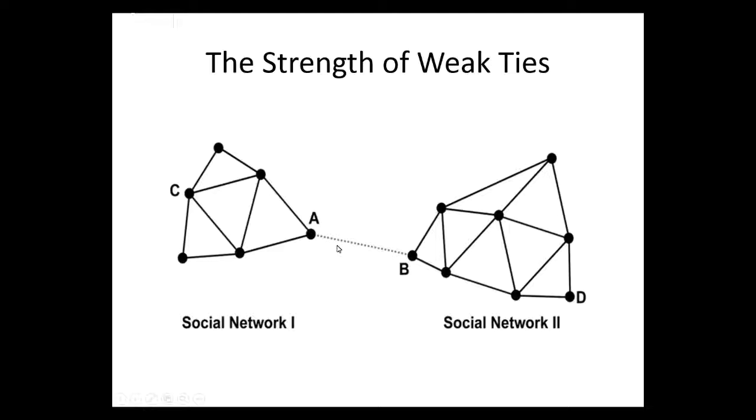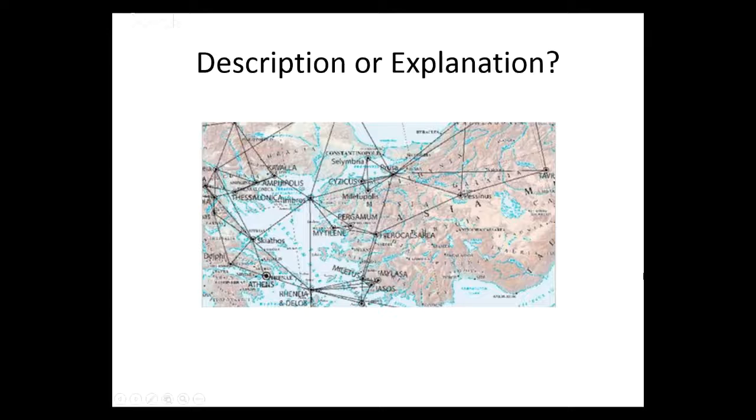Imagine this is a community of people who all know each other. Something they know here might circulate for a long time before it gets to here. But if one member of this community knows one member of that community, even if only occasionally, meets them once a month, once a year, these weak links are actually crucial in getting information or goods from one bounded group to another. And this has been applied by Anna Collar as an attempt to understand religious change in the Roman Empire,